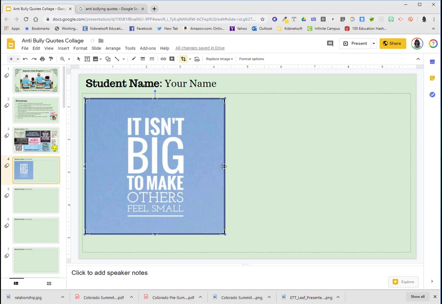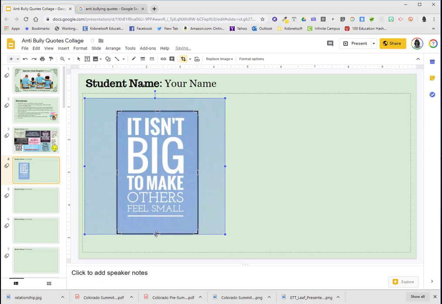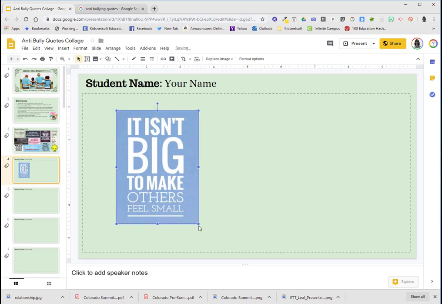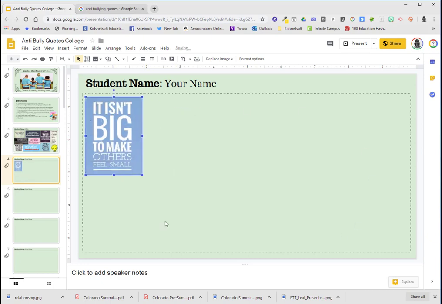So make sure that it's not a crosshair. Make sure it's an arrow before you start pushing towards the center. And you want to make it centered. And I'm going to go ahead and keep cropping so all I have is the text. I will click off and then resize. And I'm going to start adding them in the center of this little box around the edges to make it